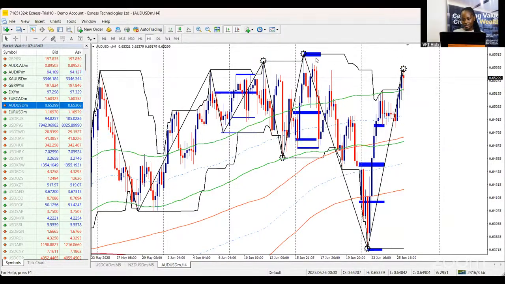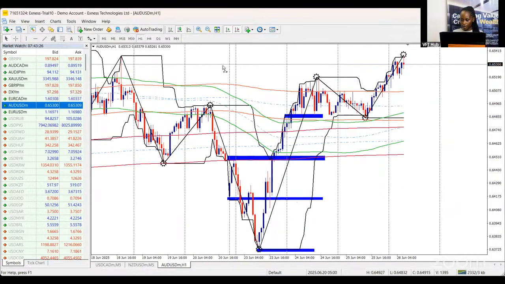It has not taken out this level though. So on the H4 time frame, we could still be waiting to see when this gets taken out. So we can now say, okay, we're back to having clearer buys on AU, because for now, looking at this is still a lower high, and it's possible it just comes here and continues to sell. So when price takes out the zone on H4, then it's even clearer that we're back in a buy mode.